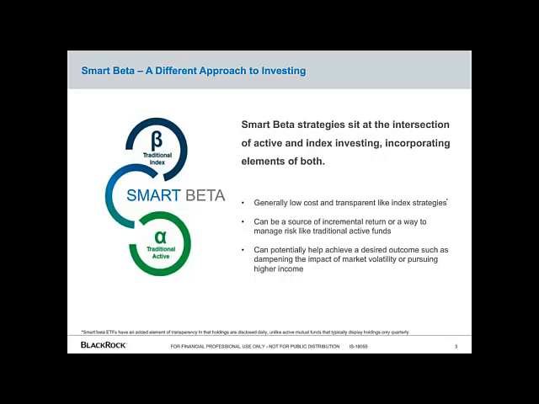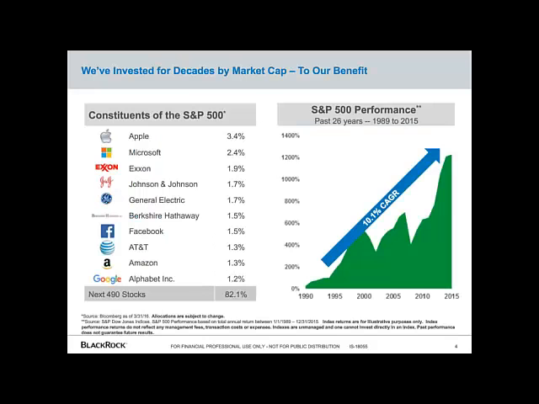Now, this is not to say that market cap-weighted exposure is somehow insufficient in a portfolio. The long-run return on U.S. markets has been robust, and it involves investing in logical bellwether firms that we're all familiar with in our day-to-day. However, we can see here that there have been significant periods of drawdown during this time horizon. I know that most of us on this line have probably experienced many of these in our own investing horizons. And forward projections for equity market returns today are not in the robust double-digit range.